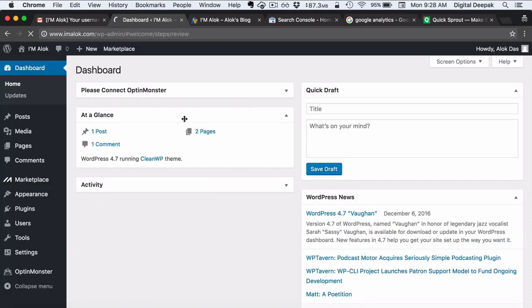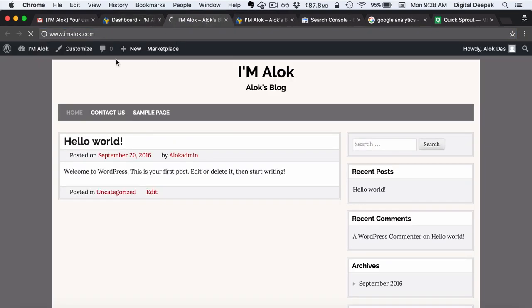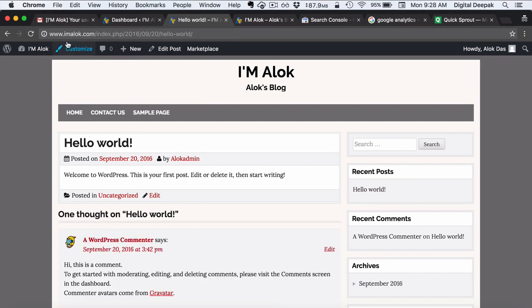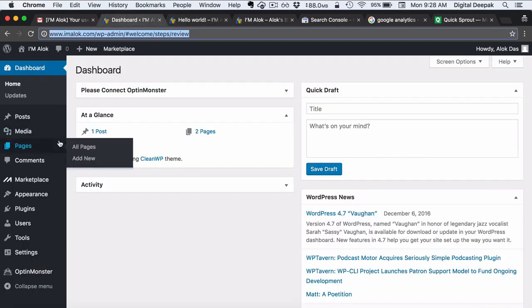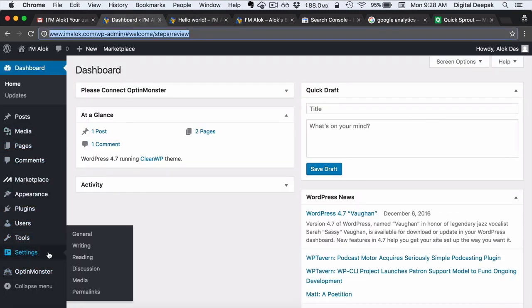So I am at the dashboard again, and you can see that here it's the www dot version, and once it is set, just leave it at that and make a decision when you are starting the website. Now you can see the website is also in that version, and all the posts inside it are also in that version. So the next step that you have to do is set up the permalink structure.